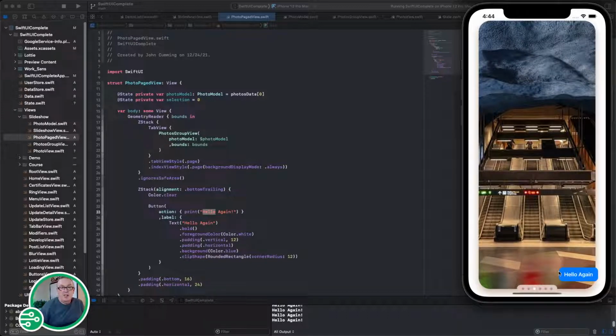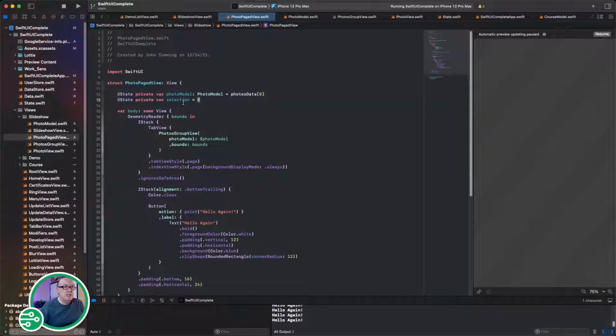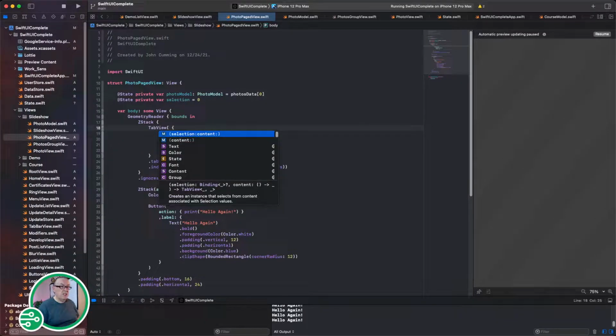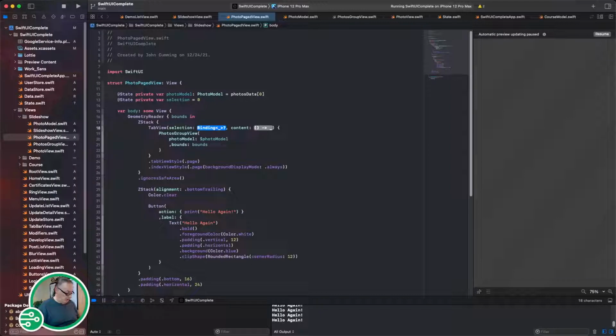I want to know if I can change this to be the name of the tab we're currently on. So that's why I was doing this selection thing, and the selection obviously didn't get updated. So this view tab takes in a selection, and that's a binding,